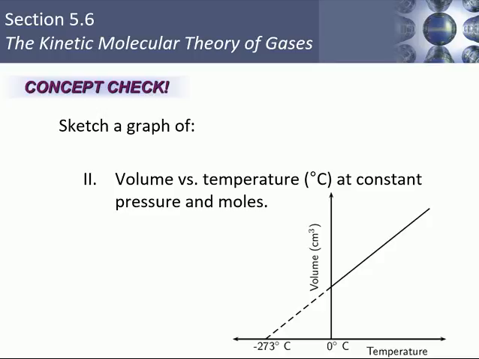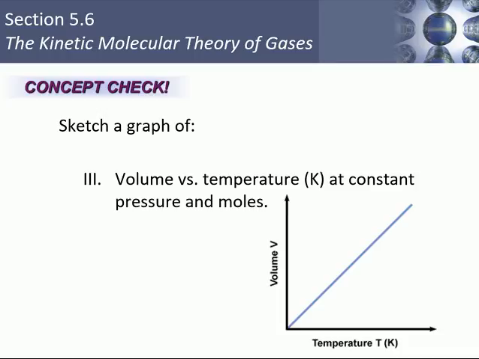And I'd like you to notice that with temperature on the x-axis and volume on the y-axis, there's direct proportionality here. We have a straight line, but the straight line does not start at the origin. It does not start at 0, 0. That's because we're talking about the kinetic molecular theory, and where movement starts is at absolute zero, or 0 Kelvin, which on the Celsius scale is minus 273 degrees Celsius. And so out here is where volume becomes negligible because there's so little movement.